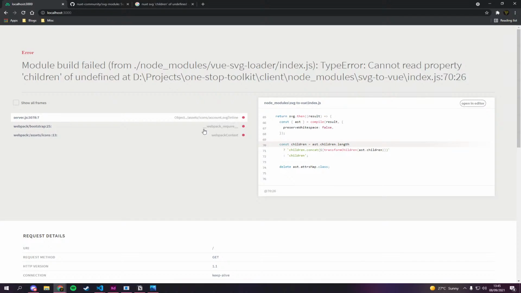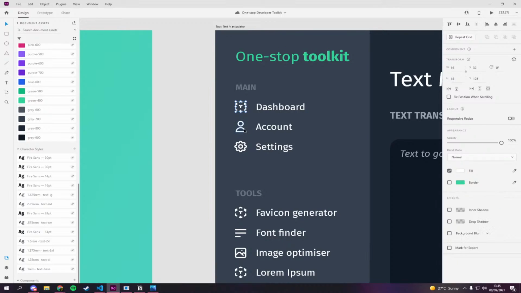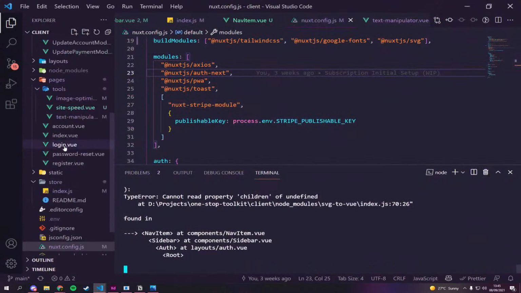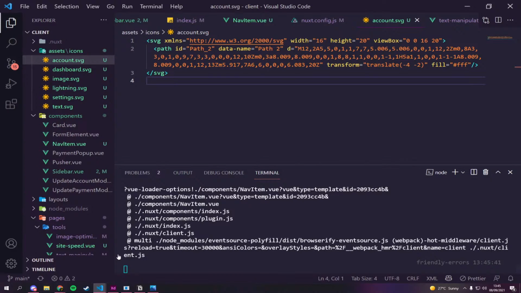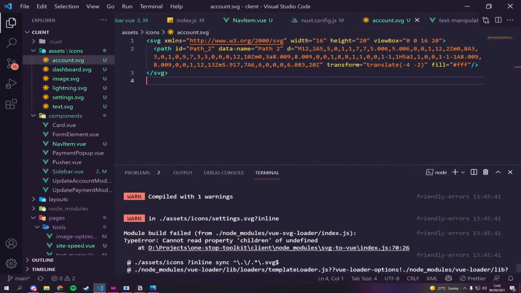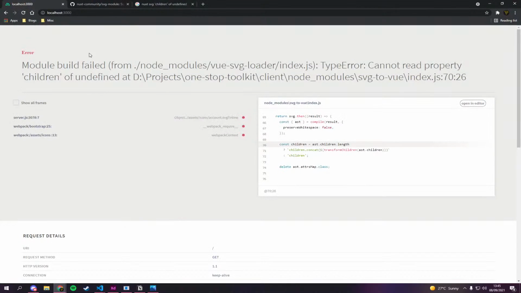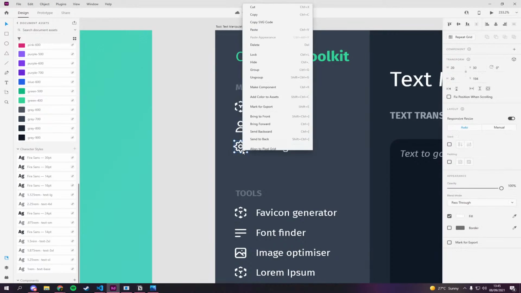Is account.svg, oh, is it because it's blank? I actually think it's because I have blank files. You know what, let's just do it properly. Let's just go here, account, grab this, copy SVG code. Let's see, if it gives us the error for a different one this time, that probably means, there we go. So is it giving us the error for something else this time? Yep, it's because they're blank. It's all good. We've got it. We're on track again. I was mistaken.